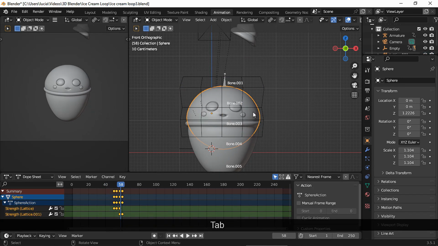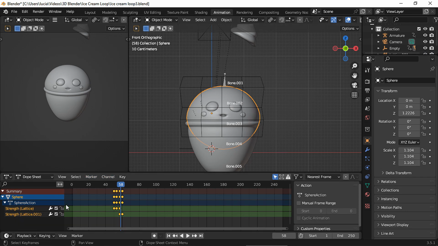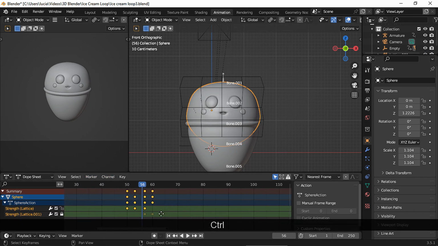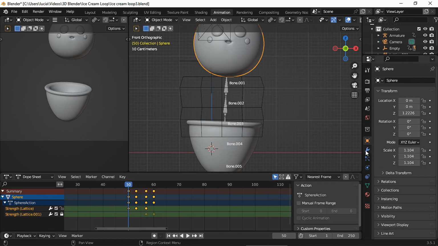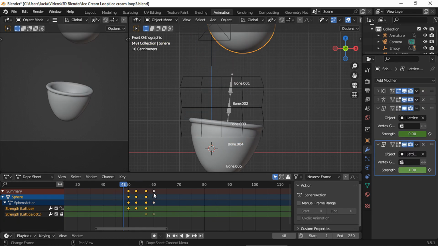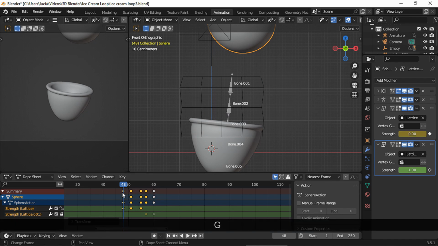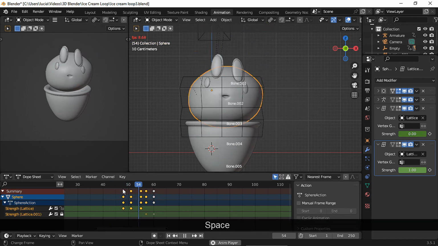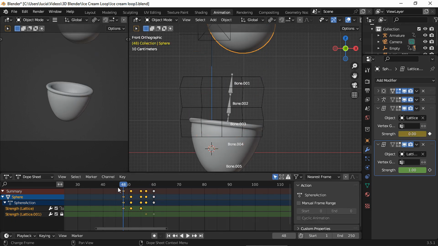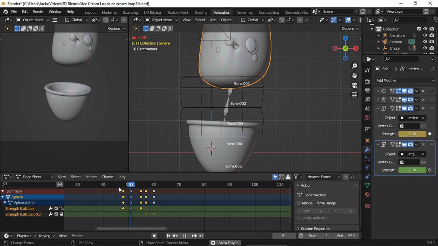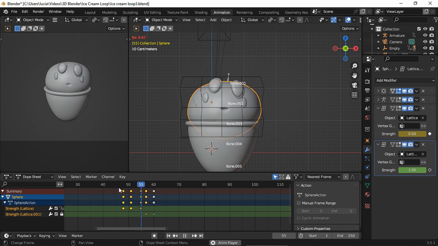Okay, just to make sure you are on the right track, let's see the keyframes for each lattice modifier. First, I'm gonna select the ice cream and move the first lattice modifier's keyframes to frame 48, so the ice cream moves a bit sooner than all the other meshes. So in frame 48, the strength is set to 0, then in frame 51, we've got a keyframe with the strength set to 1, and in frame 55, the strength is set to 0.